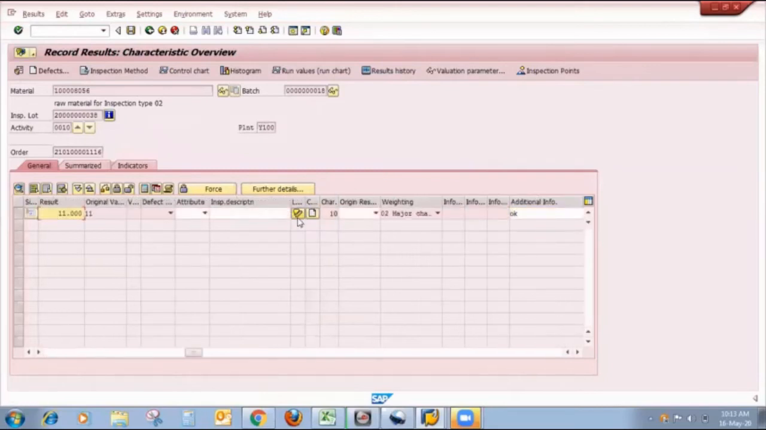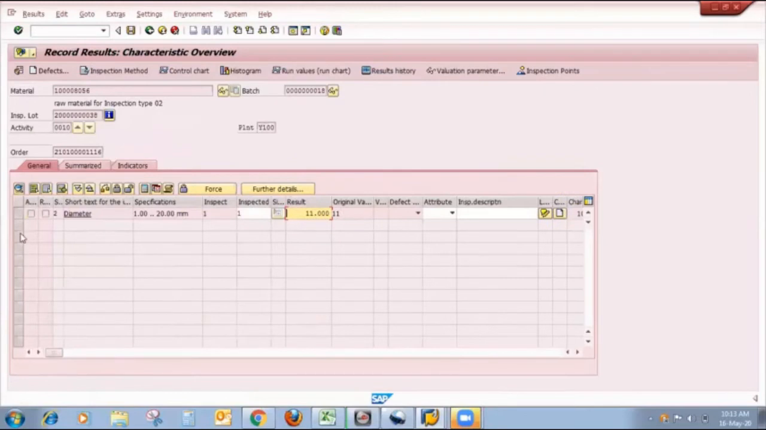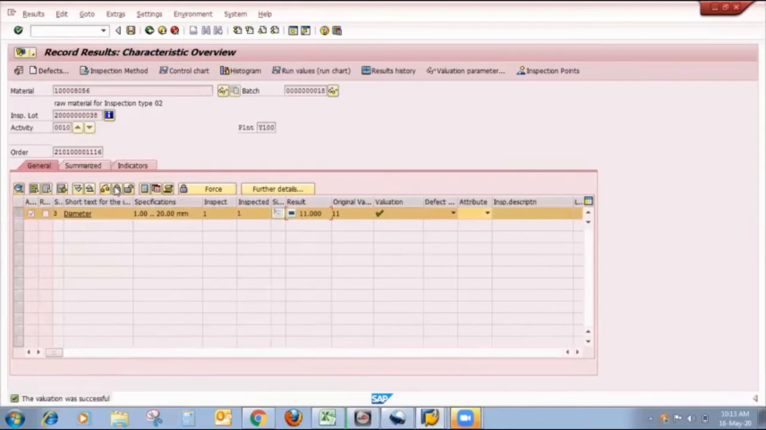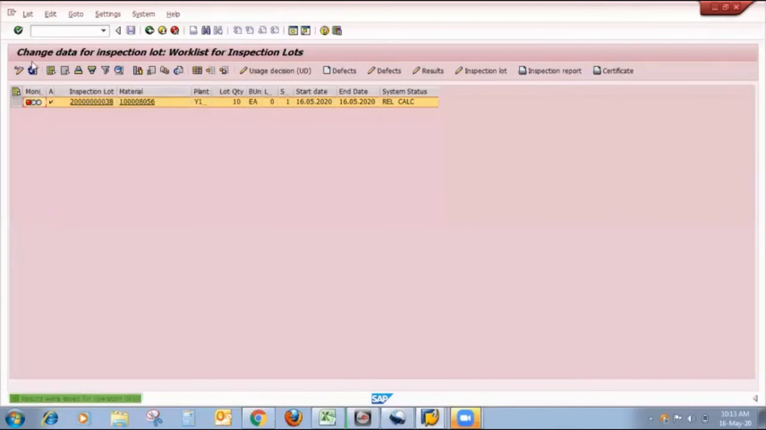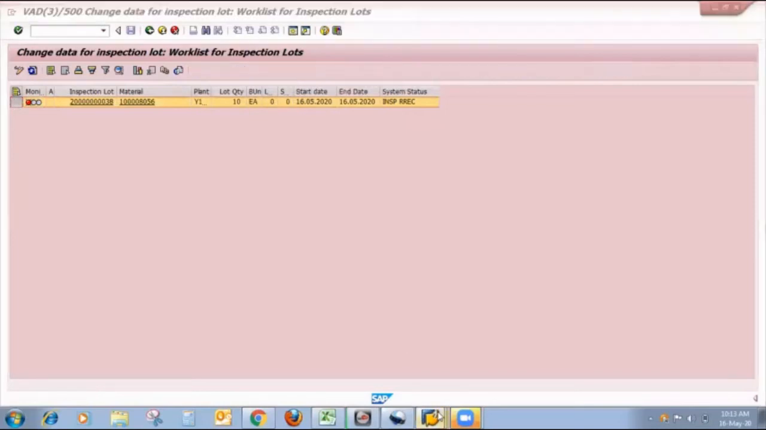additional text. Okay, no problem. Now I select this and evaluate it. So I click on this valuation. The valuation is okay. Now I close this result and save it. After refreshing, the system status changes to inspection result recording. Now my next step is to do the usage decision, but before that I will show you